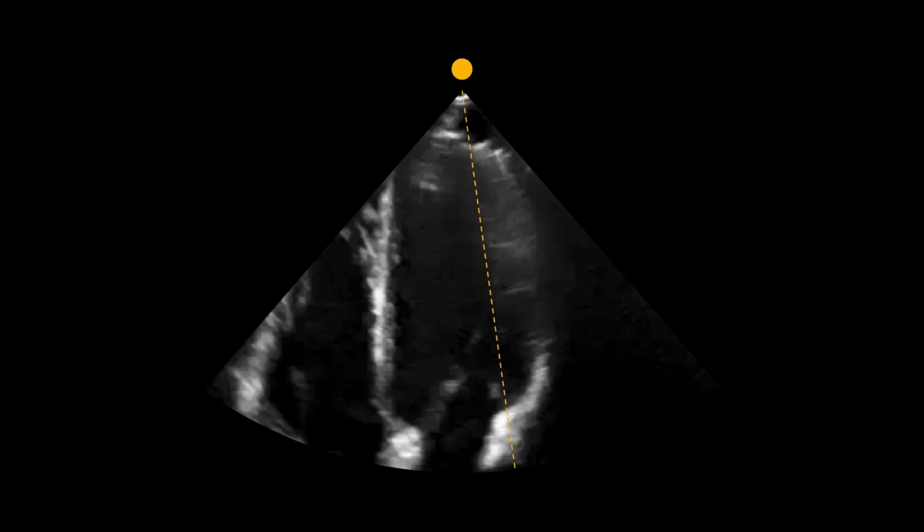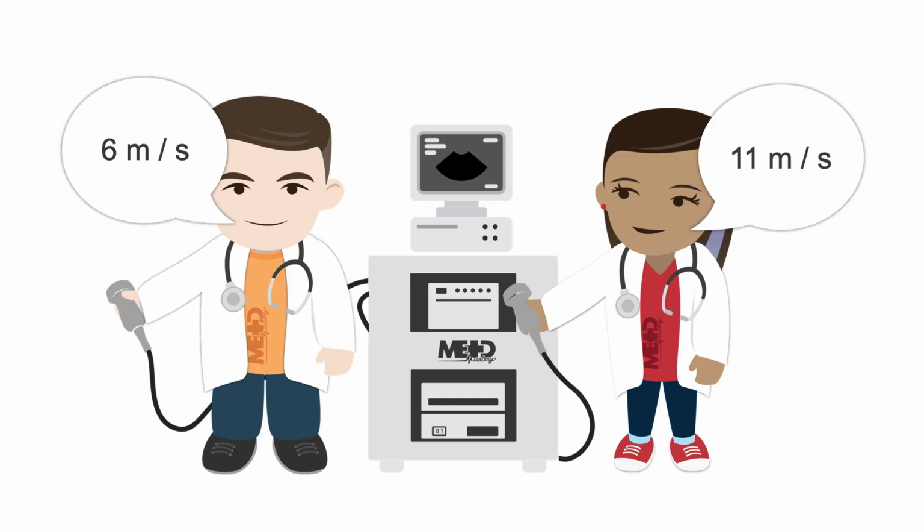To obtain accurate myocardial tissue motion measurements, the direction of the myocardial tissue motion must be parallel or at an angle of less than 30 degrees to the ultrasound beam. But in reality, myocardial motion will be in the direction of the red arrow, which can be much greater than 30 degrees. This change in angle can reduce the accuracy of TDI. TDI is also very susceptible to signal noise, and several studies have shown that TDI produces significant inter-observer variability in